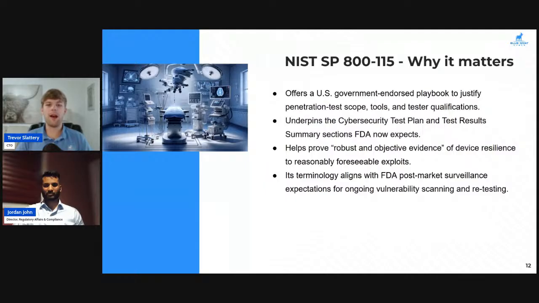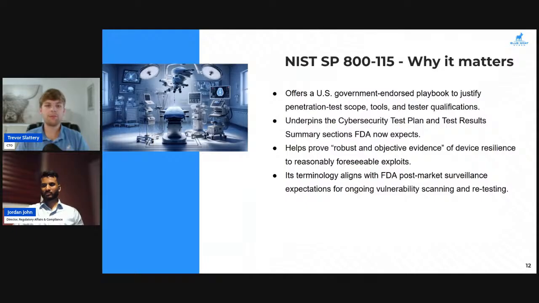Now, this provides robust and objective evidence of device resilience and shows how it can defend itself against exploits. When we're developing all of this documentation, I mentioned the test cases as part of it. The test cases are the specific attacks that we're applying to a specific device, a specific interface, or a specific technology. Any one of these test cases is going to act as evidence of whether or not this specific technology is vulnerable to a specific exploit. As I'm sure you can imagine, there are going to be a lot of different test cases that are applied depending on what the device looks like. But for each passing test case, each test case that does not lead to a vulnerability,